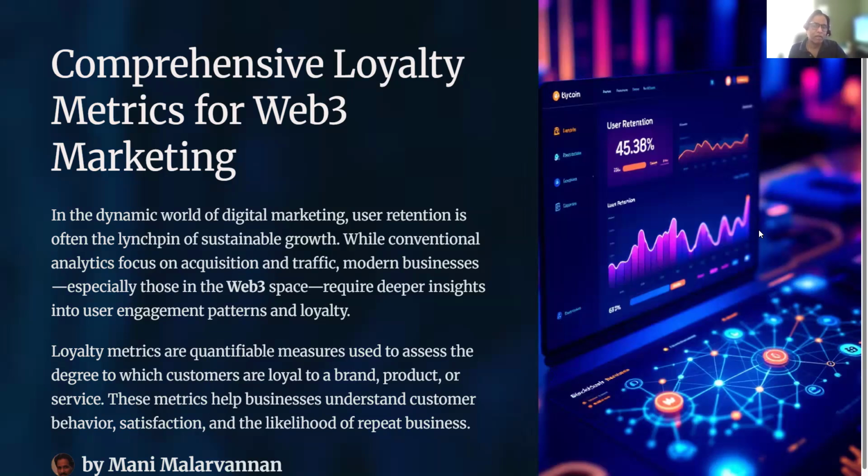We will understand what exactly loyalty metrics are and how Web3 marketing agencies can use this tool to understand more about their customers and how they can improve their marketing campaigns. See, there are a lot of things going on in the Web3 world. For example, multiple different blockchains are coming up, and more and more people have started using various blockchain technologies, either to purchase NFT tokens or send money to their friends and family.